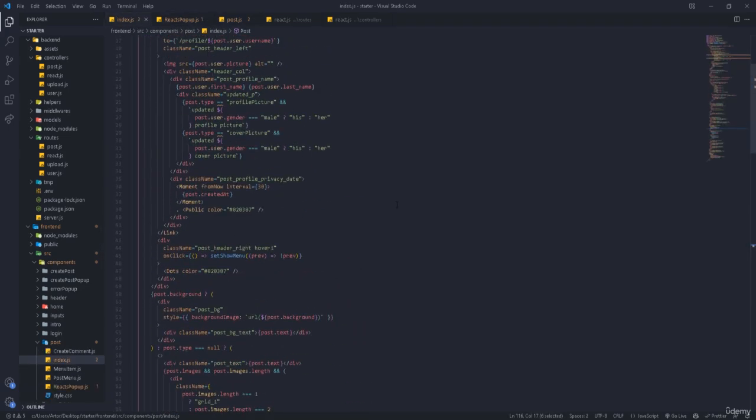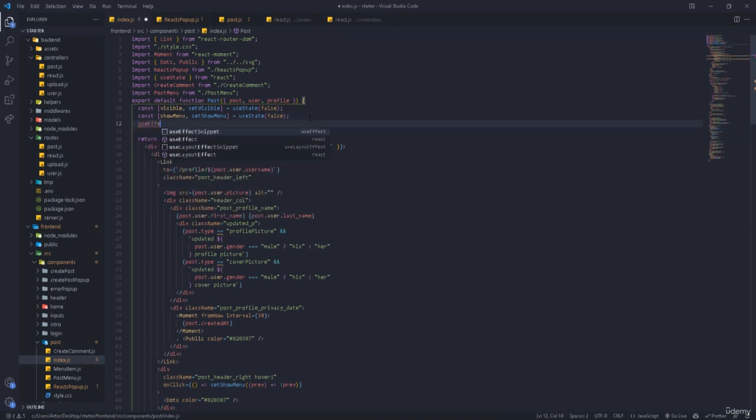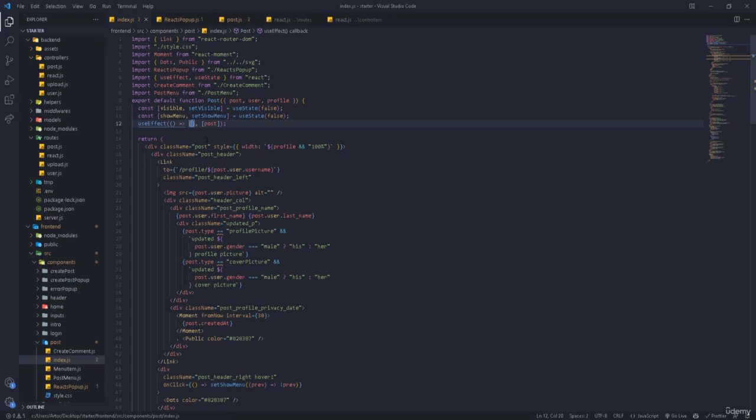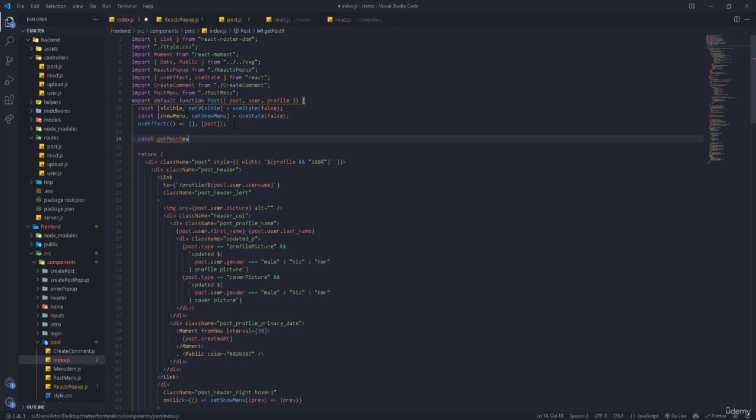We can go out to the top. This is the post. I can add a useEffect, and all it does is run every time the post changes. Then right here we can just do the function. So let me create this outside. So const get post reacts. It's going to be an async